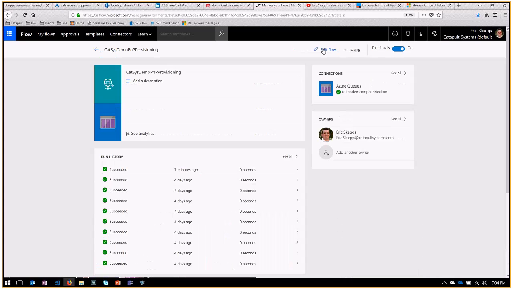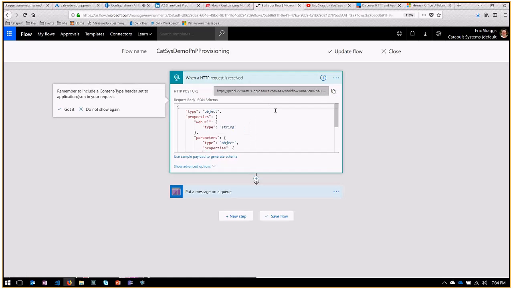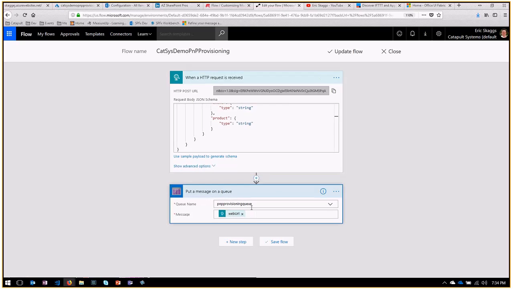But the cool thing about it is the flow. If I edit this flow, here's that HTTP request. When an HTTP request is received or posted to this endpoint that's out there in Azure, we're going to put together this request body JSON, and then we're going to put it on a queue in a storage account in Azure. Once it lands in that queue, the Azure function is going to see it and can pick it up and do something to it, which is when it knows to kick off the PowerShell. This whole thing,